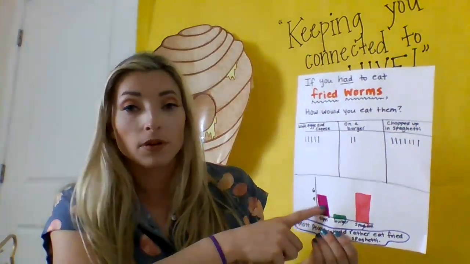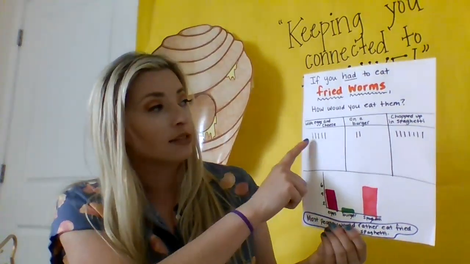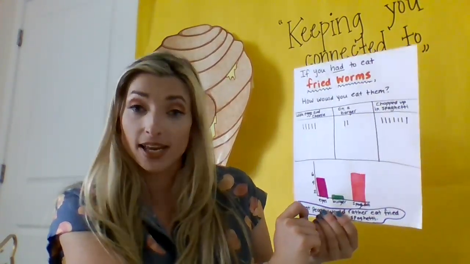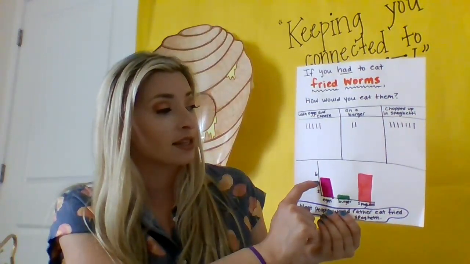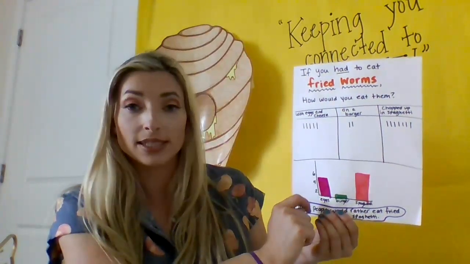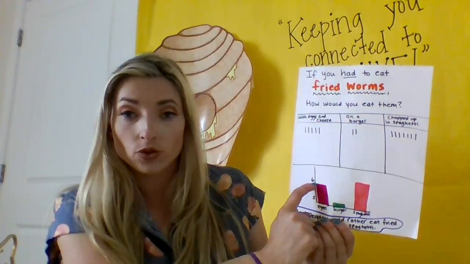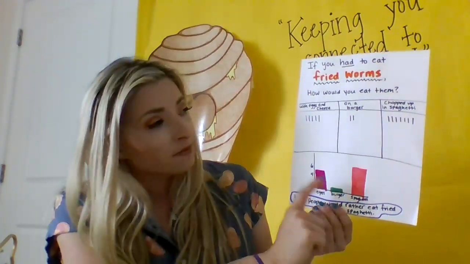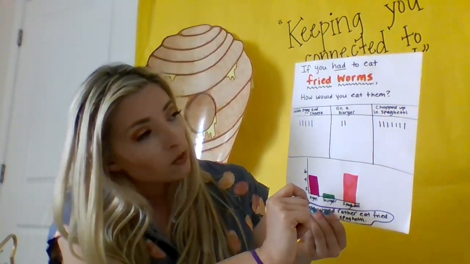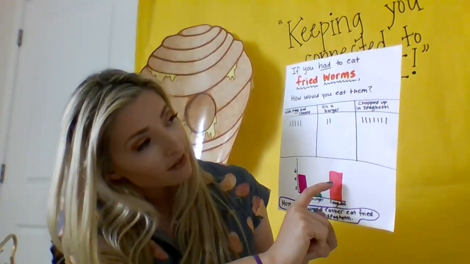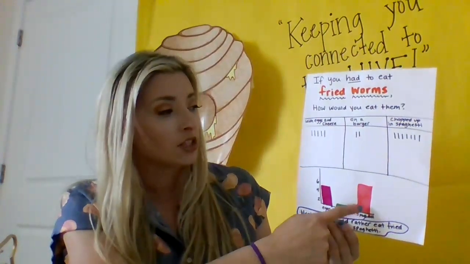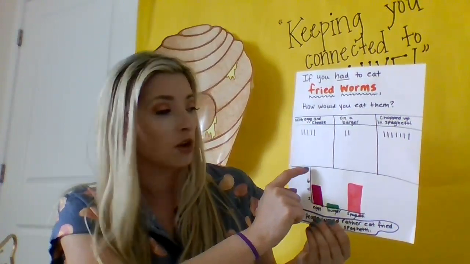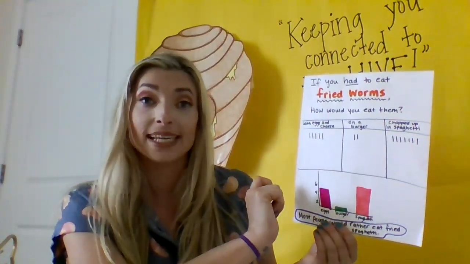And I just graphed the answers. So for eggs, I had 5 people say that. So there's not a 5 here. So what I'm going to do is, I know that 5 comes between 4 and 6. So I drew my bar right here, which would be about 5. Burger was 2, so that's way down here. And then chopped up in spaghetti was, looks like 7. Yes, 7. So there's also not a 7 here, so I just put it a little above the 6. And we know that next would come 8, so it would go between the 6 and the 8.